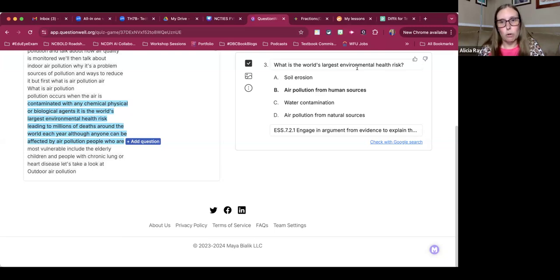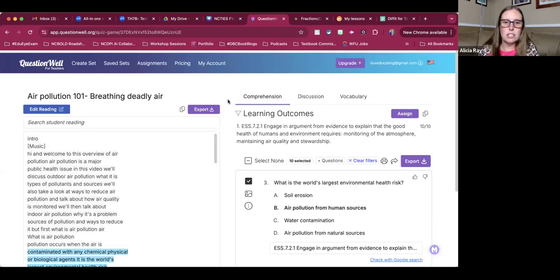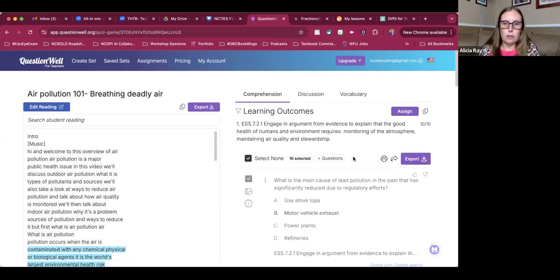What is the world's largest environmental health risk? So that's all there. It's showing you where each of your questions are coming from. Pretty amazing stuff, and it does your entire thing. You can add as many questions as you'd like. You can select all, select none.